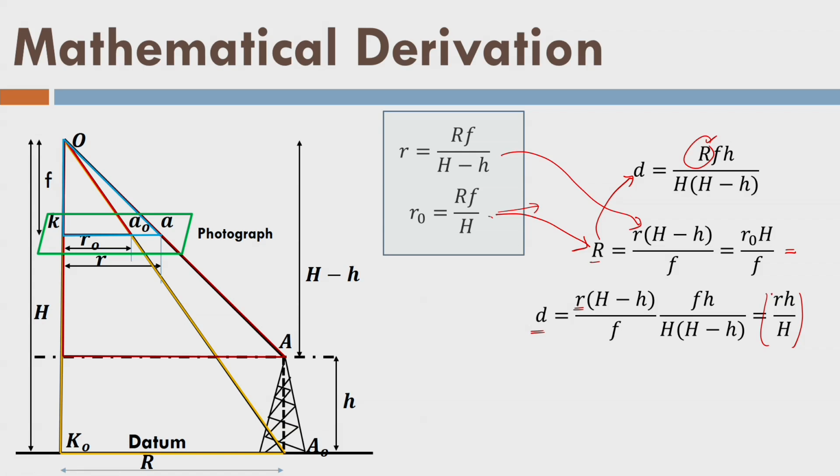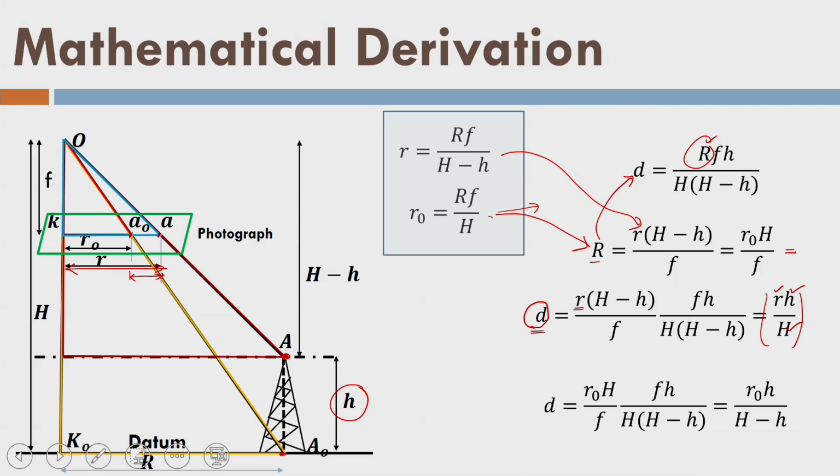Now, you can imagine that you can measure R on the image, because if this is a tower, this is the bottom of the tower here and this is the top of the tower. Once we see the image of the tower in the photograph, this is a point A and A0. So, this is my R from here to here, and I can measure this. Similarly, I know the flying height and assume that I know the height of the point, that is the height of the tower above the ground surface. I can find out what is the shift in the image of the point.